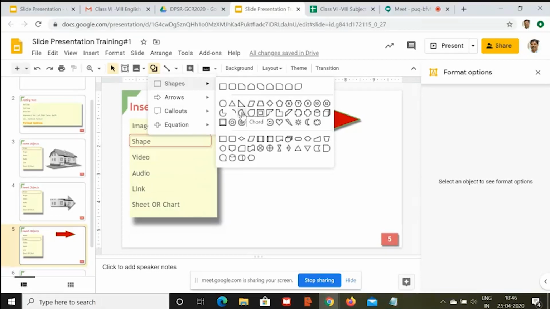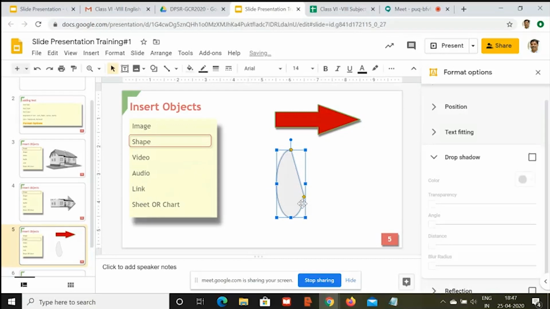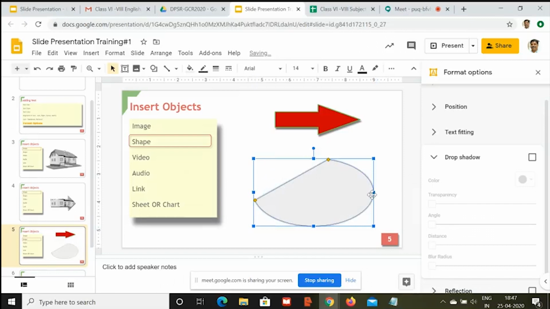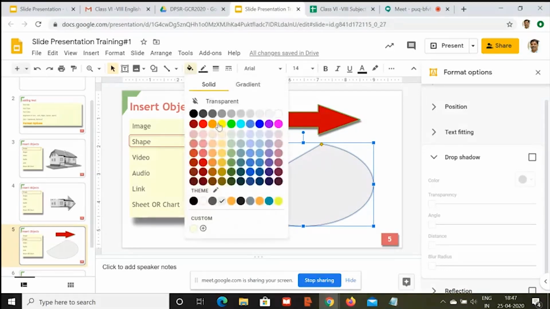I'll show you some more shapes where restructuring is possible. Let me show you this shape. In this shape, you can see there are 2 yellow pointers. Yellow pointers show that this is customizable, right? So if I click on this yellow pointer, I can reshape this. Just see. If I change it to this, increase it on this side, this is customizable. I can resize it on this side, and it is completely different from what I originally picked up. Let's change the color to the color of this.